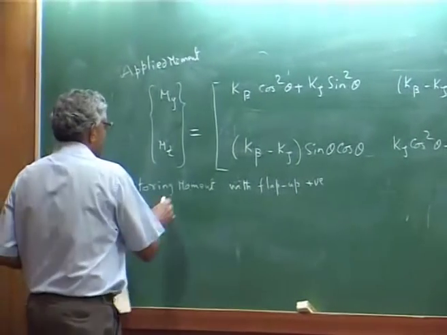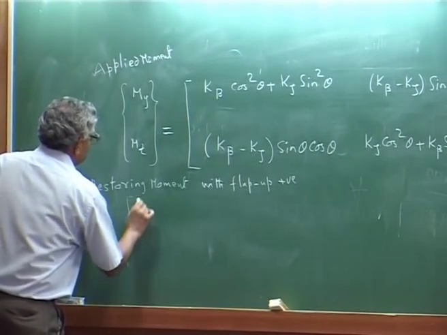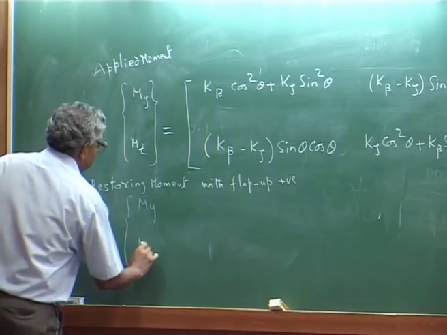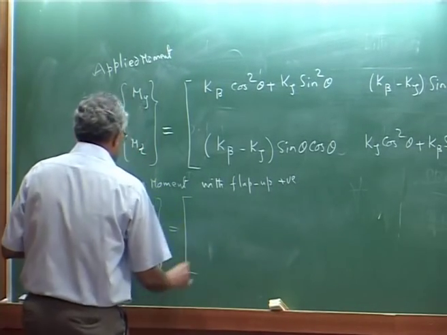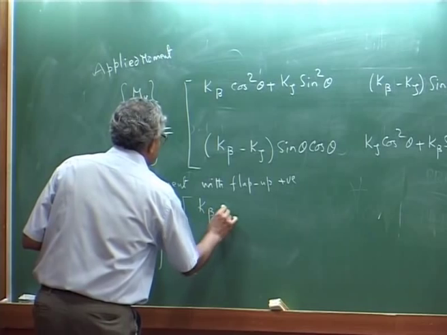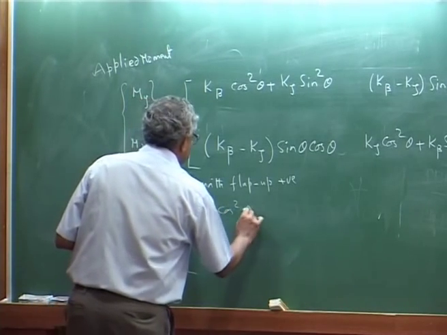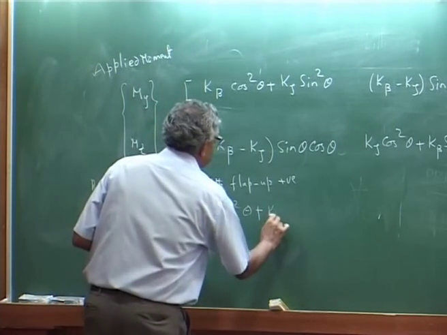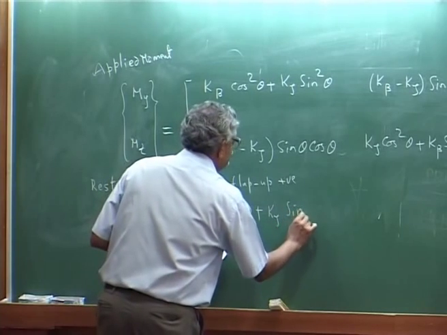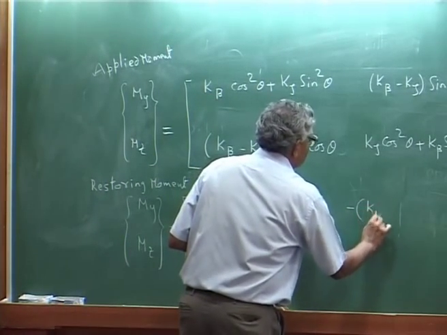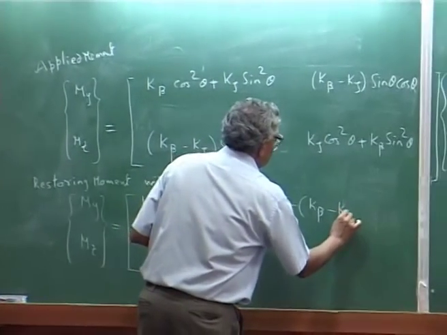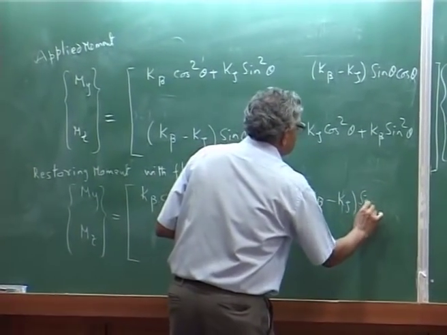Here if I write this is my Mz, this will become k beta cosine square theta plus, but you will have a minus sign here, k beta sin theta cos theta,